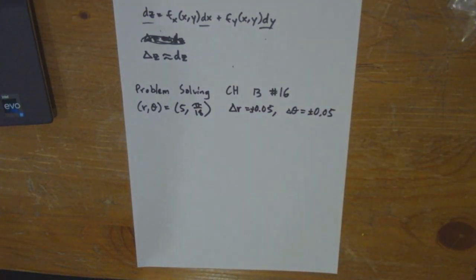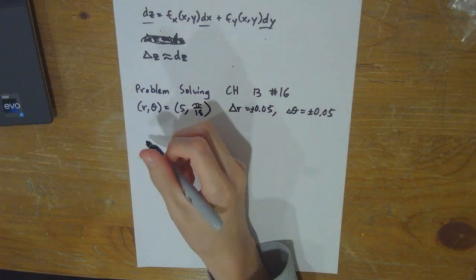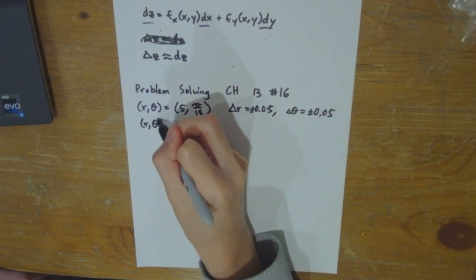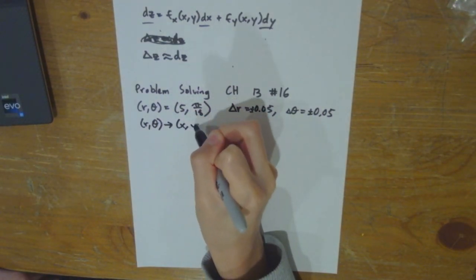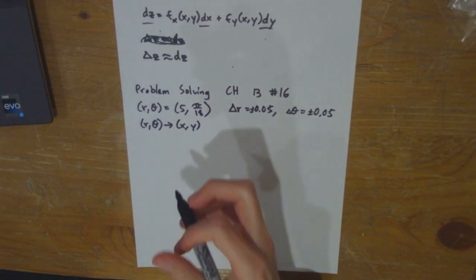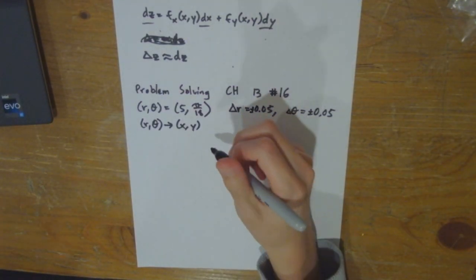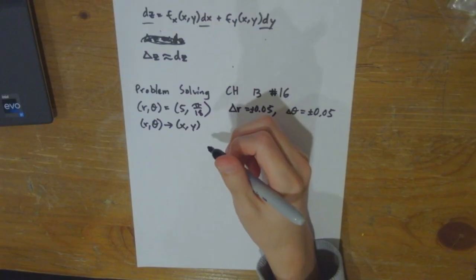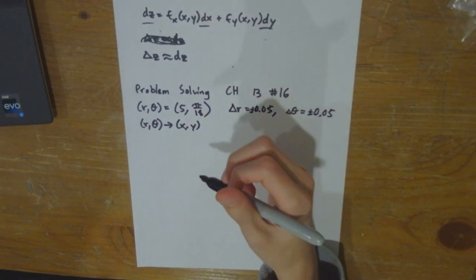So the question is asking, when converting from polar coordinates to rectangular coordinates, does the accuracy of x depend more on the accuracy in r or theta, and likewise for